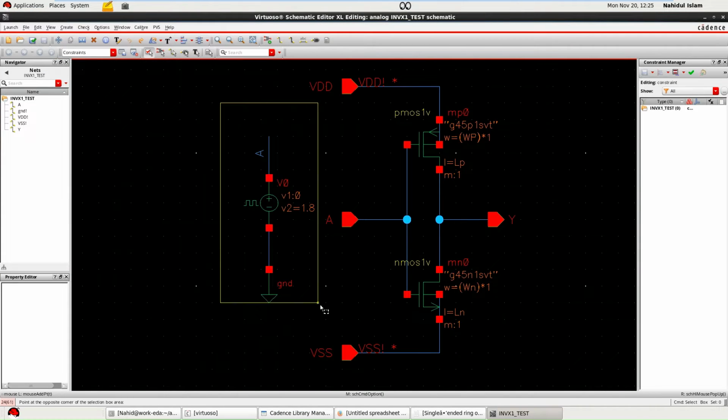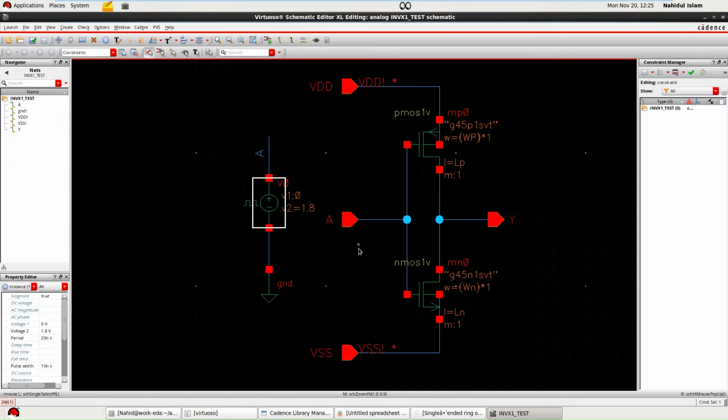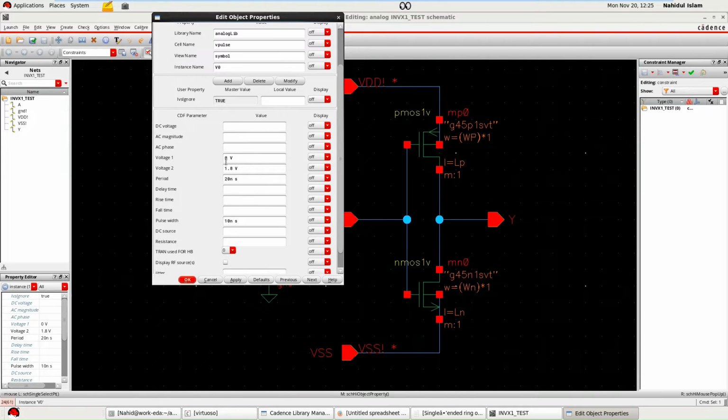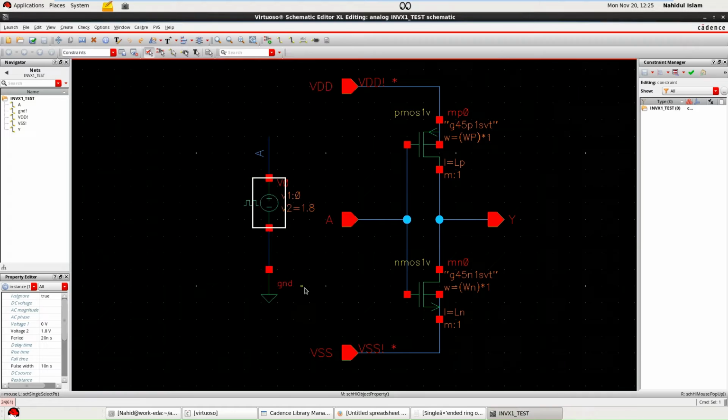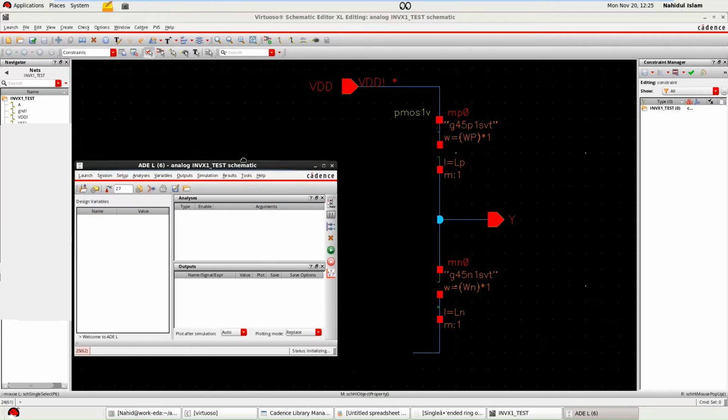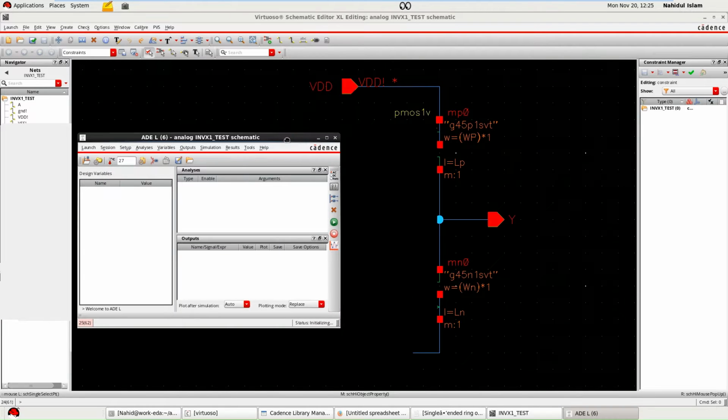I already designed an inverter schematic, and this is for the input A, and I put here 0 volt and then 1.8 volt, and then the period is 20 nanosecond and the pulse width is 10 nanosecond. After that, I have to launch the ADE. Here you can see that